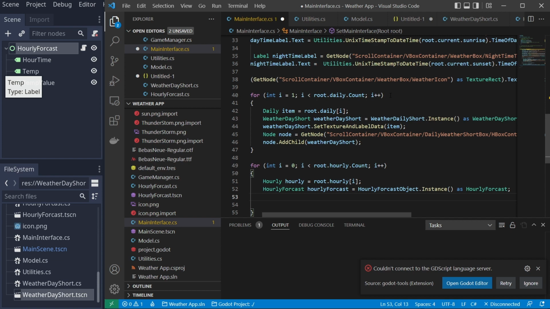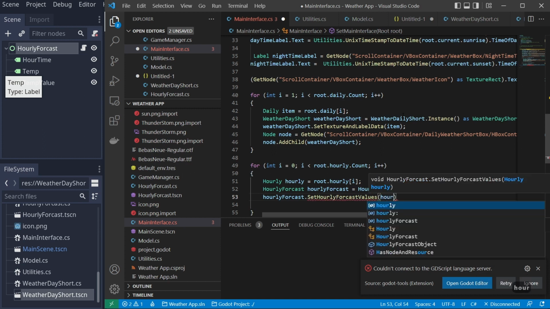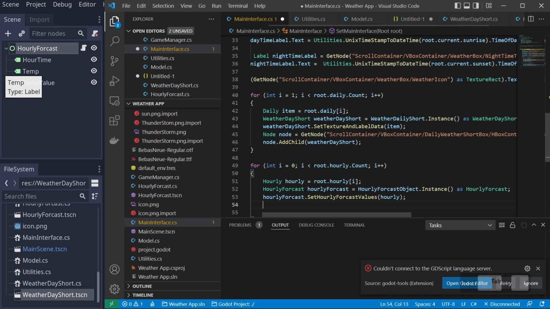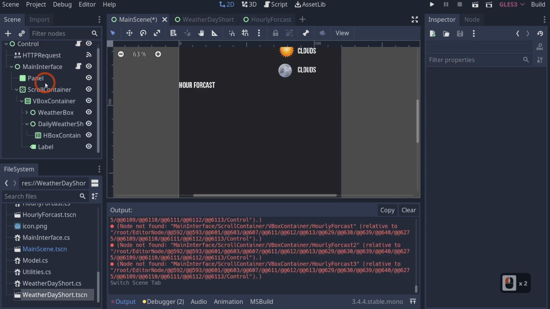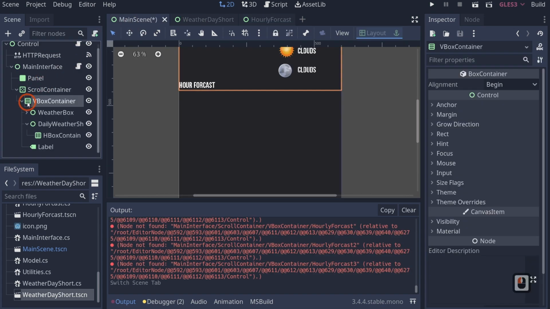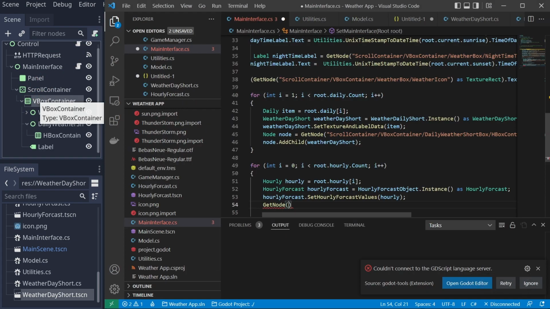And then we can go ahead and set our date. So hourly forecast dot set hourly forecast values, and we need to pass in our hourly, so we can just pass in hourly. And then we need to go ahead and make it a child object of something, right? So what we can do is we can say get node, and we'll need to pull back our main scene's VBox container here. So we'll just go ahead and say get node scroll container